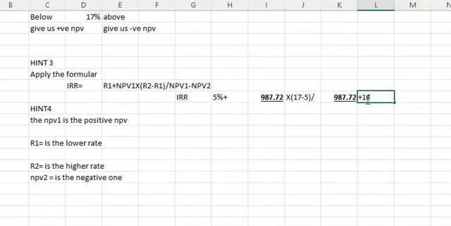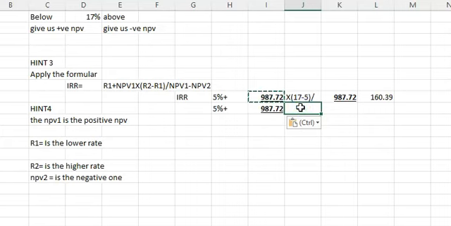Plus 160.39, like that. So we still have 5 plus that, this number here still comes,